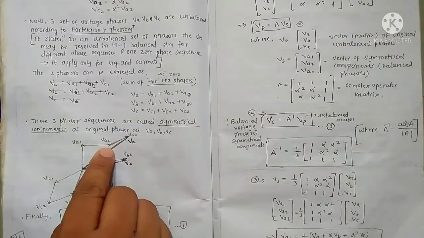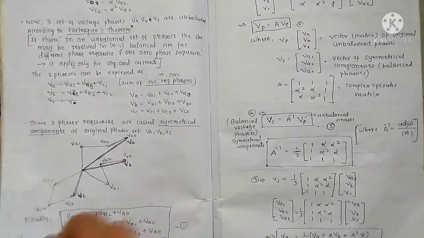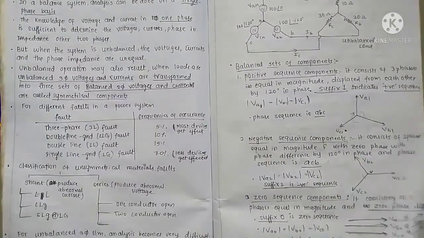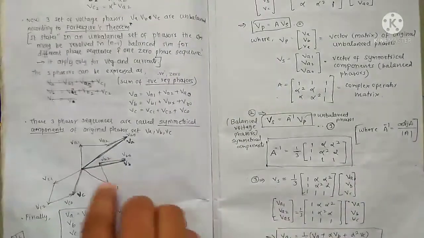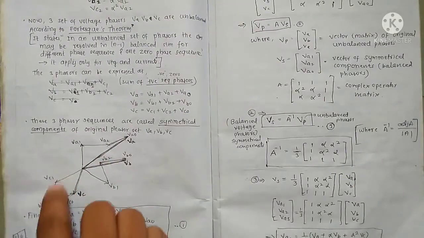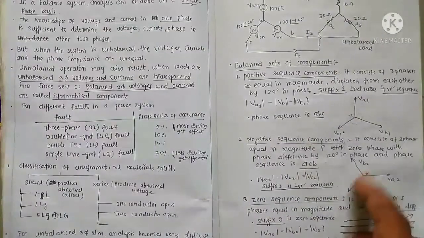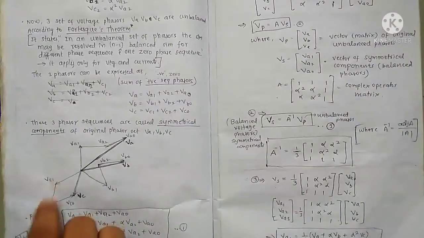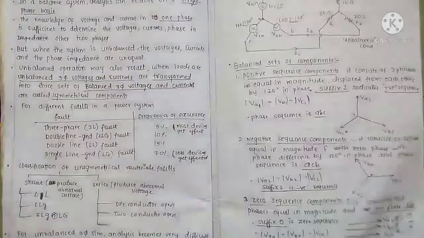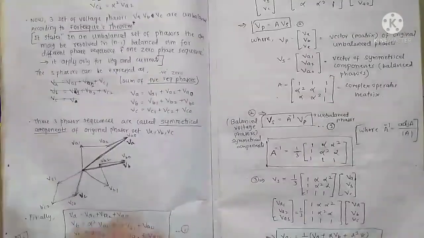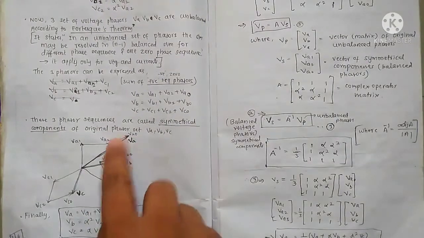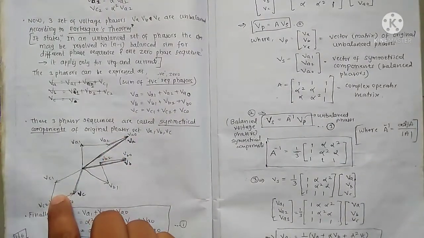Therefore VA2 is horizontal, I have drawn VA2. And VB2, how is VB2? VB2 is like this, right? Just copy this image, VB2. Similarly VC2 is downward, just a copy of this, draw this VC2. For zero sequence components, consider this as diagonal, this is parallel, and this is also diagonal. These three vectors must be the same, parallel to each other.